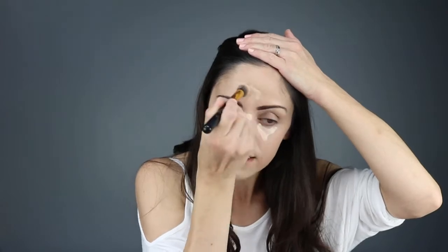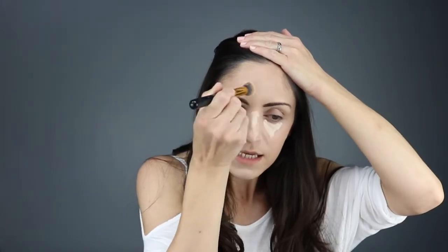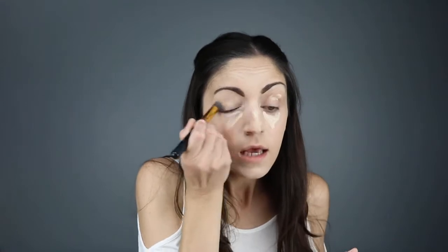To blend in my concealer, I like to use my BH Cosmetics 128 brush, and this just gets it in, really works the product in without removing it. I just like the way it works. It's a nice small brush, so it gets in those little areas that you want to blend in. And then of course I just take a little concealer